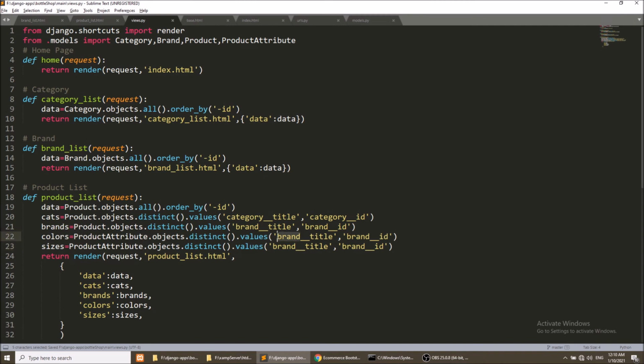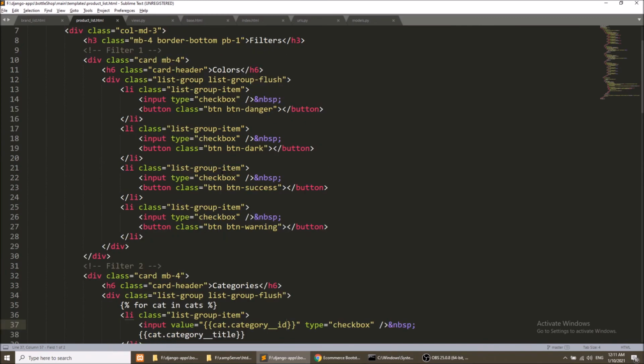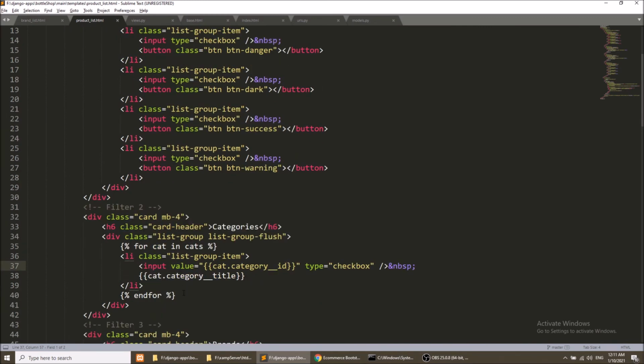Okay, and this will be color title and color id, and we also need color code. So this will be color code, and we need size title and size id. Okay, and let's go to the product list page now, and we will use this for loop.